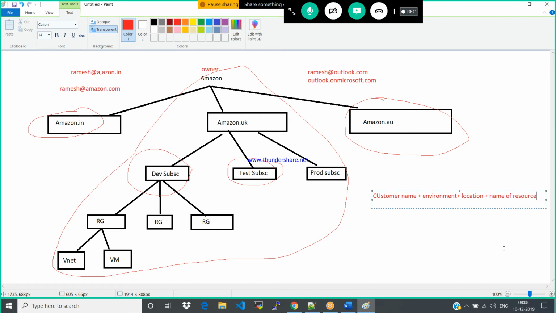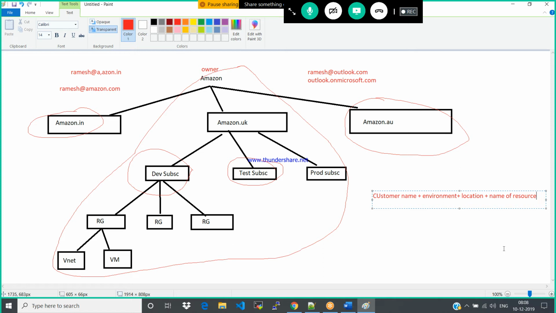So why do I need to follow this? What is the use of this? By looking at the service name, I could understand what it is exactly. Let's assume that we have 1,000 virtual machines. If you would like to use a particular virtual machine, how do you understand it? By looking at the name only.